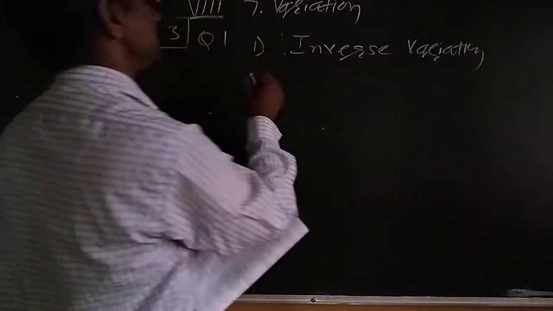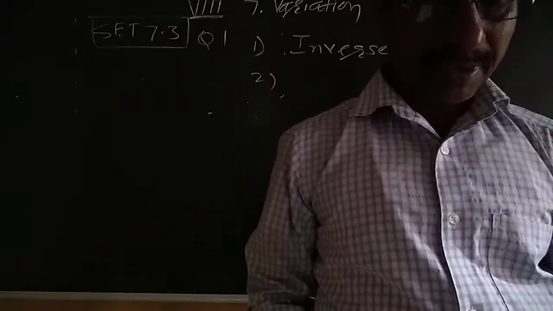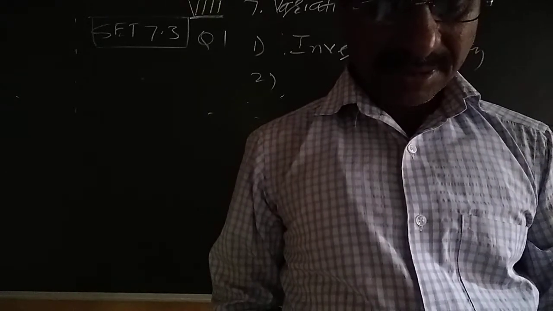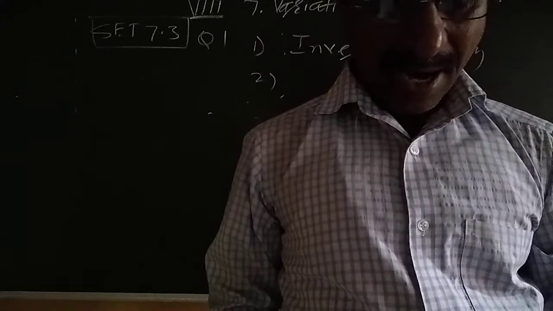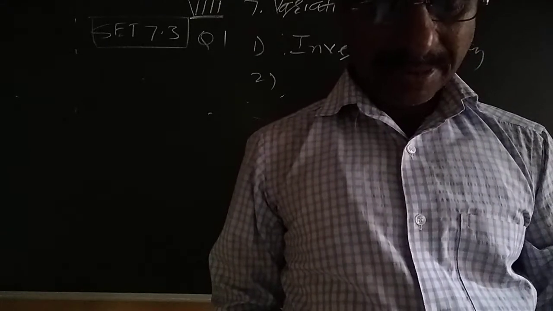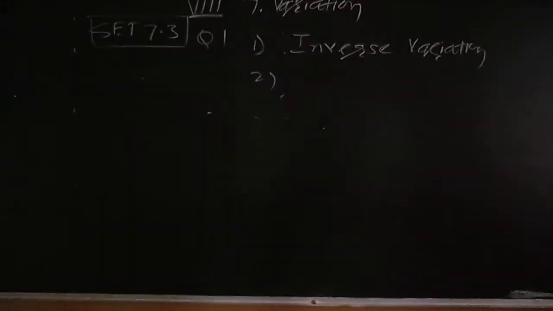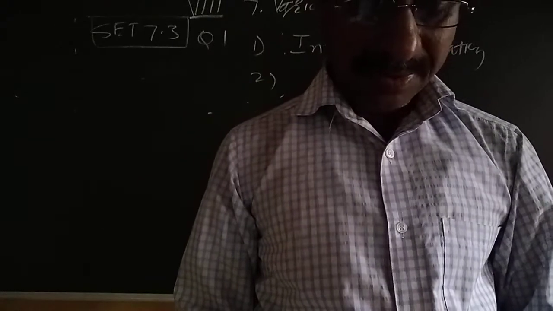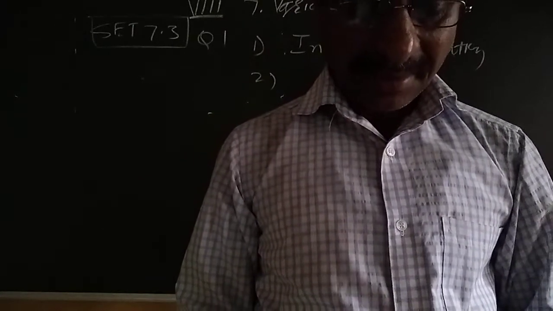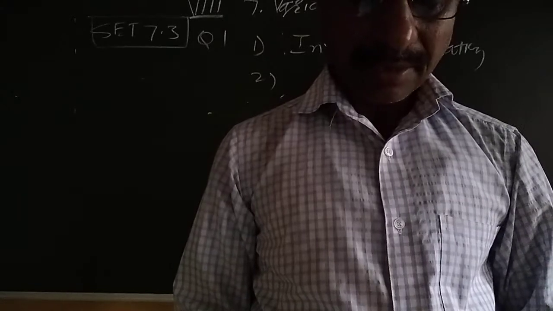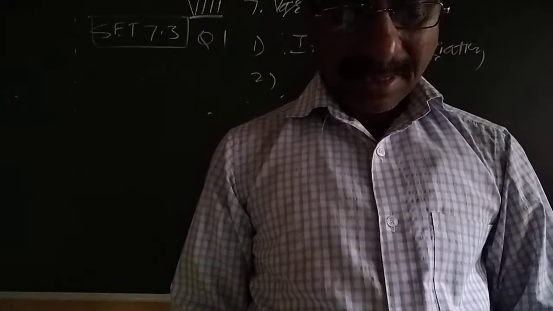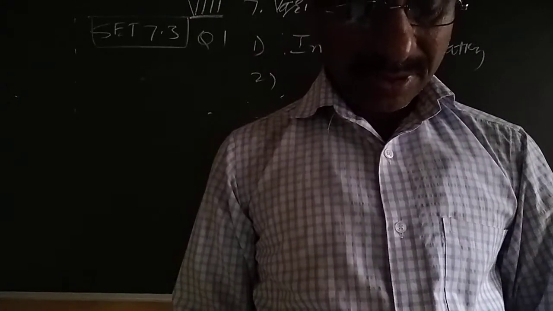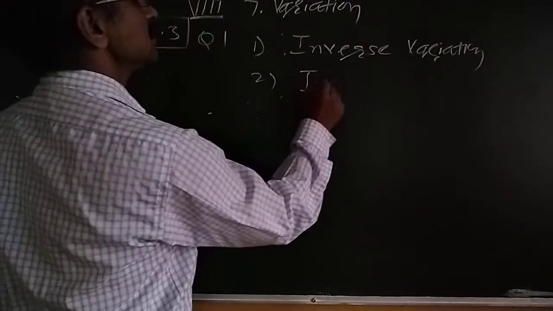Then second, I will read this. Listen carefully. Number of pipes of the same size to fill a tank and the time taken by them to fill the tank. If the number of pipes is increased, then the time required to fill the tank is less, and if you decrease, then the time required is more. So this is also an example of inverse variation.